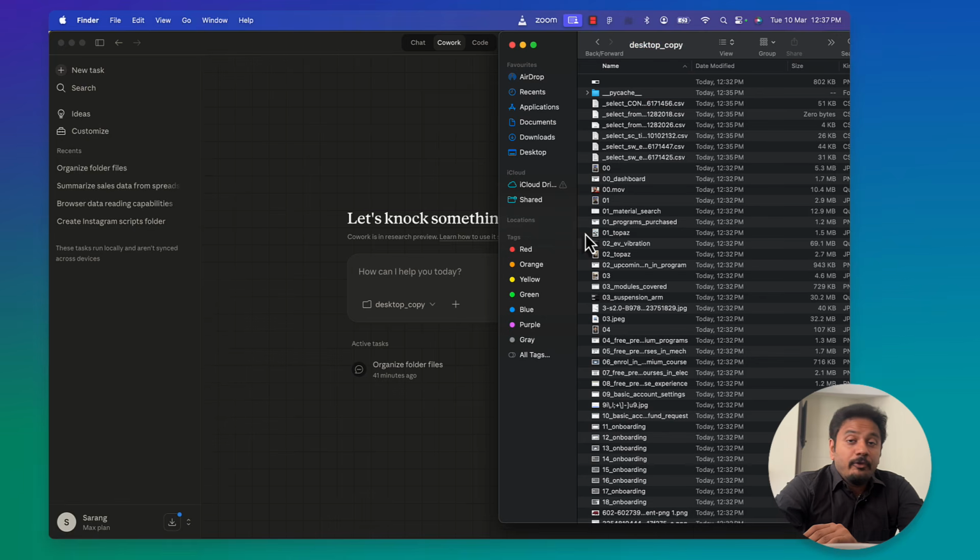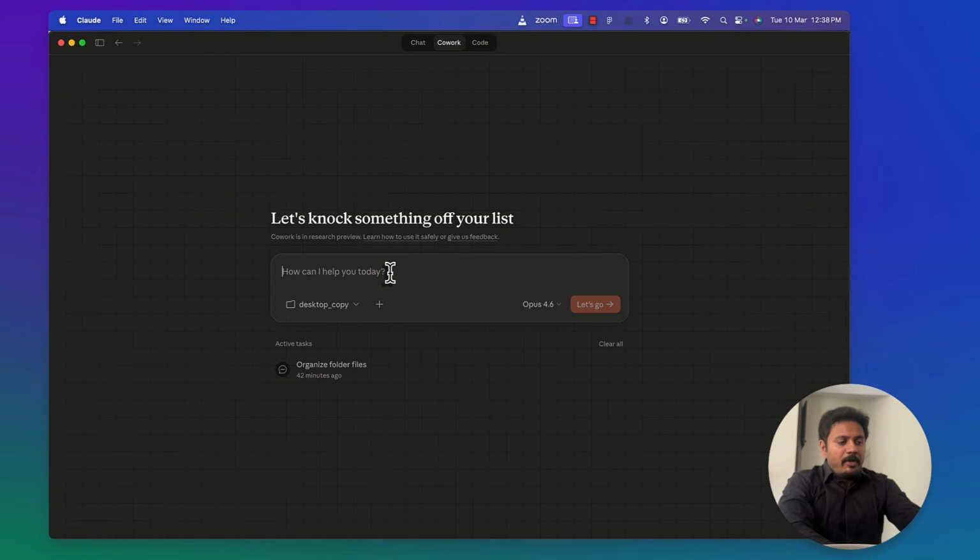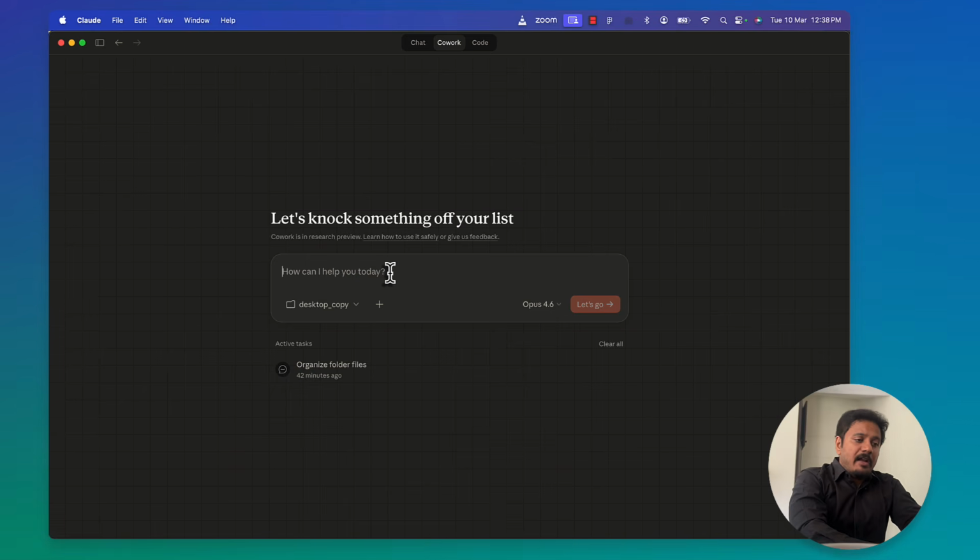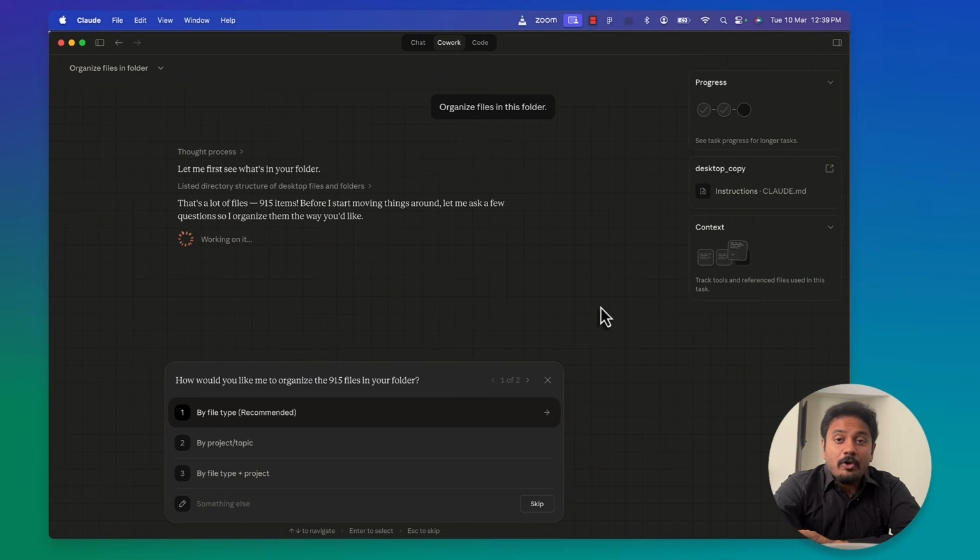Let's get started. So the first use case is very simple. We have a folder desktop_copy that contains a lot of files. We are going to use Claude cowork to organize the files in this particular folder. So in cowork, make sure that desktop_copy folder is selected, and I'm just going to type in organize files in this folder. Okay, so it thought about it for 15 to 20 seconds and has come up with 3 options